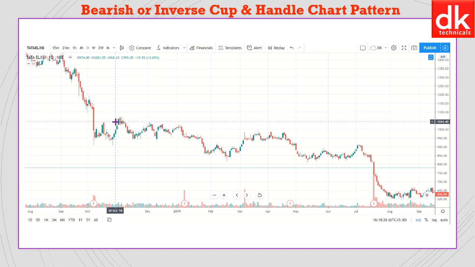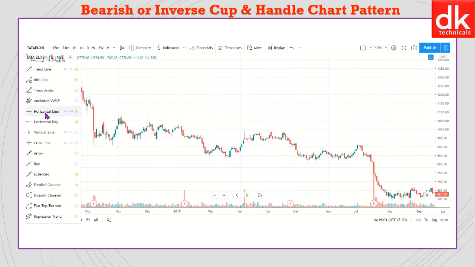Now let's understand what the bearish cup and handle pattern or inverse cup and handle pattern is. Since it is a continuation chart pattern, the prior trend has to be a bearish trend or the downward trend. We can see the price was making lower highs and lower lows kind of formation. This is the price chart of Tata Elxsi on NSE in daily time frame, and what we can see here, the price has stopped making lower lows and there was a pullback in the price making a shape like rounding shape on the top, and I am drawing a horizontal line for understanding purpose.